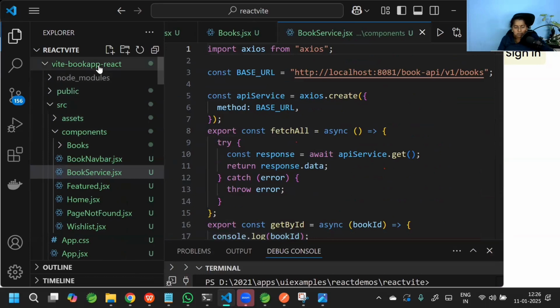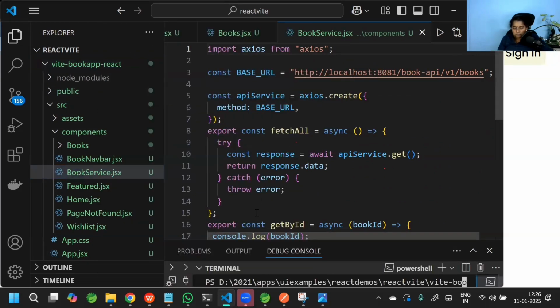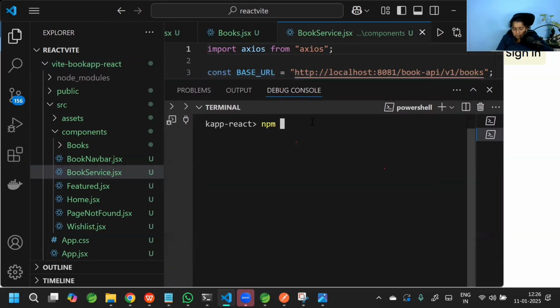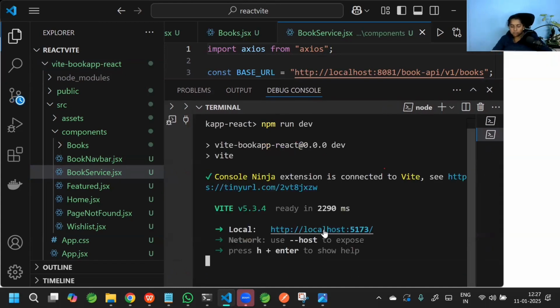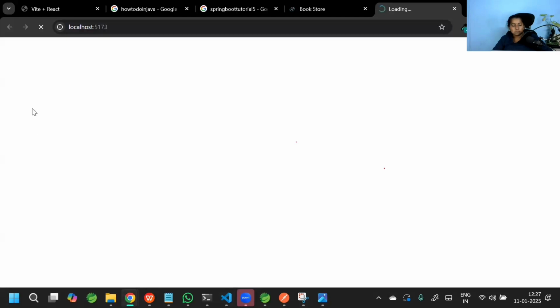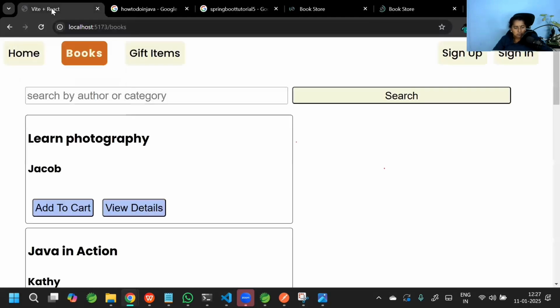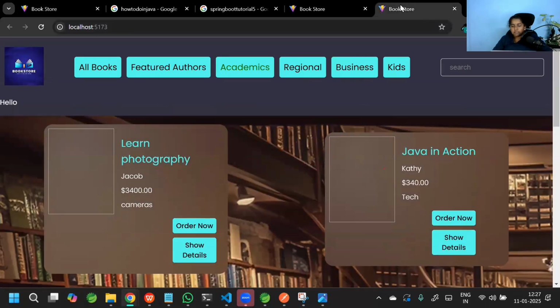Now I think this one. Let me run this. npm run dev. I don't know which one. Let me check. This is which application? Let me check. Slash books. Okay. So guys,